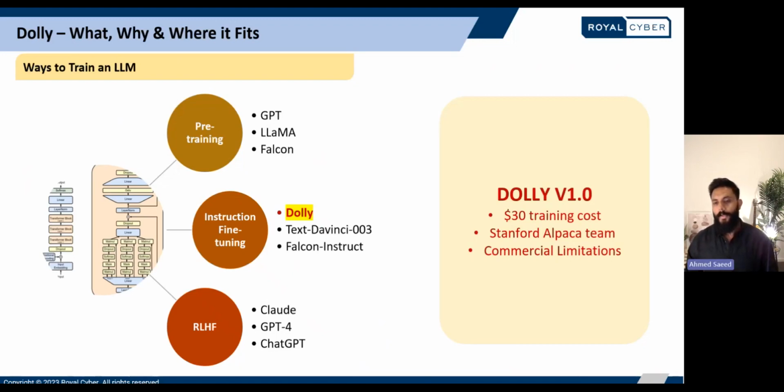So given that it was based on OpenAI's data set, technically Databricks couldn't commercialize it. And there are other instruction following models like that, for example, Alpaca, Koala, etc., which all had the same issue. They weren't able to be commercialized.